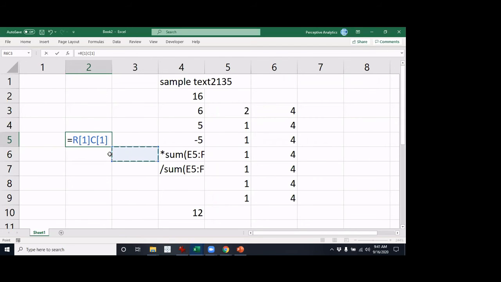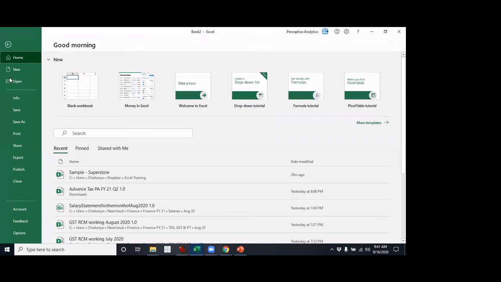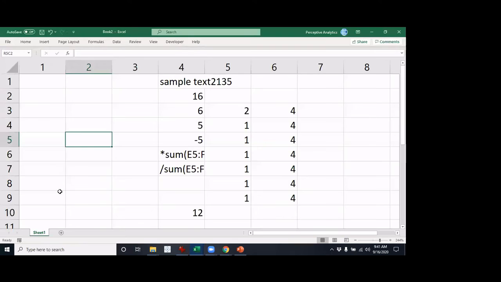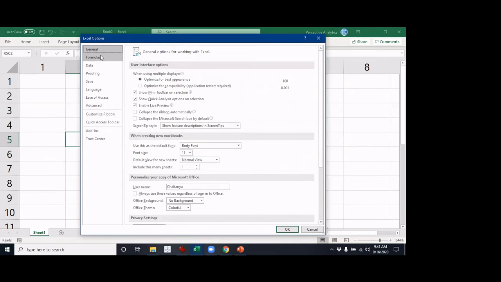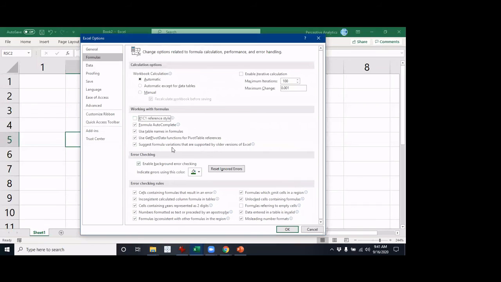So where is it useful? It is useful especially in formulas, when you want to apply them. You know how this works. Let me go back a little bit and go into Options, Formulas.